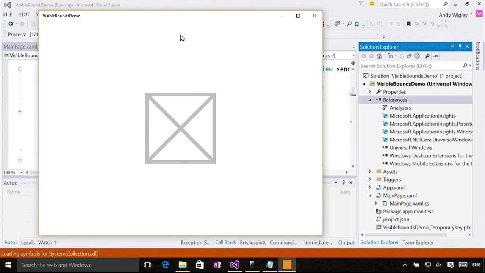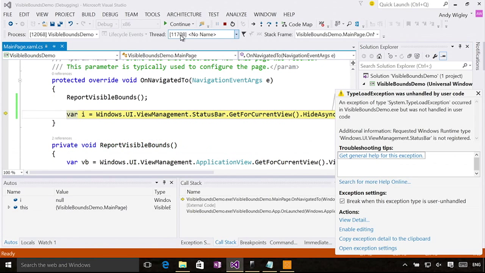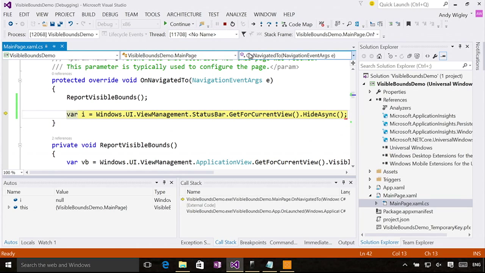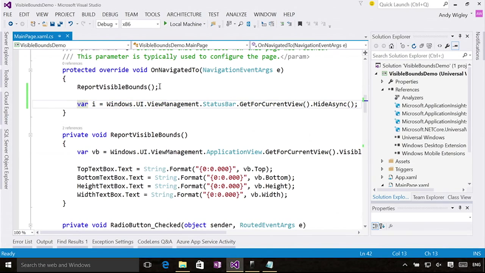What will actually happen at this point is we're trying to run the same app on here. This is what happens. Exception. Type load exception, because that type's not available. That's because we didn't do the type check. So this is where you could either hard code that gating code, or